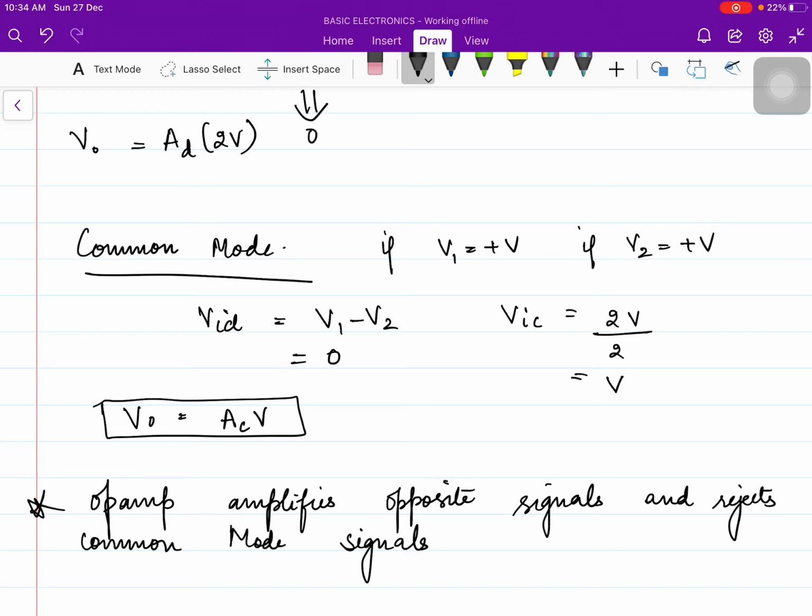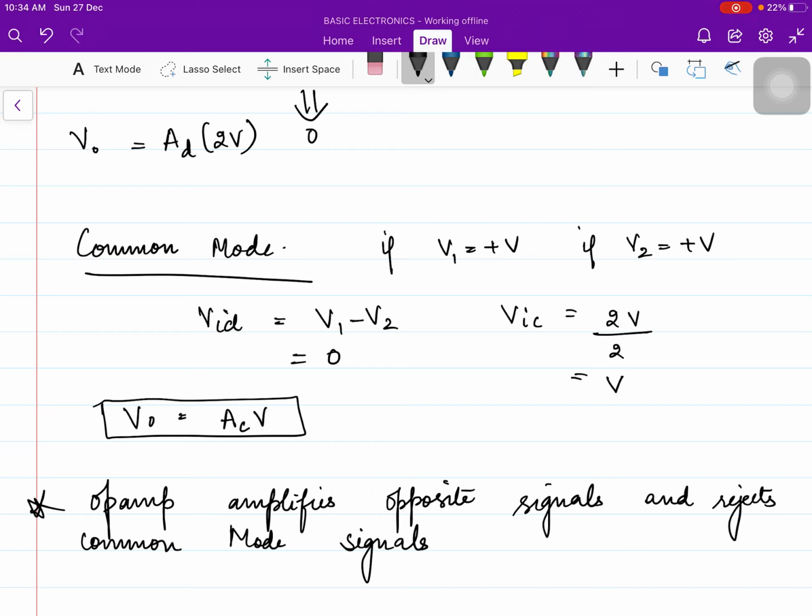So whenever you are given a numerical and you are also given the common mode gain, then you always have to calculate the output voltage as the sum of both differential and common mode signals. So it will be AD VD plus AC VC. Else normally, when you talk in the laboratory, or when we talk about the